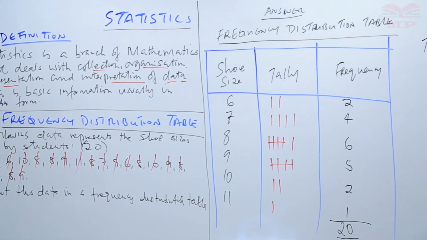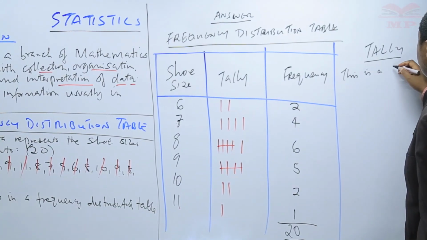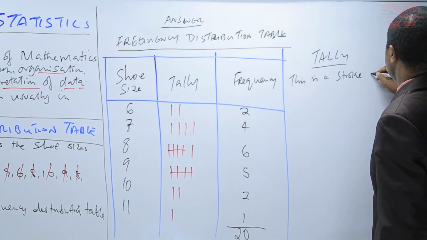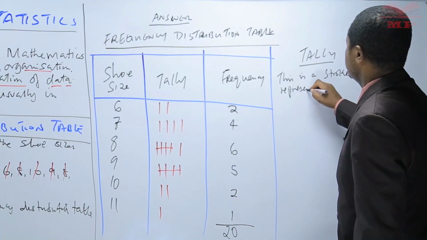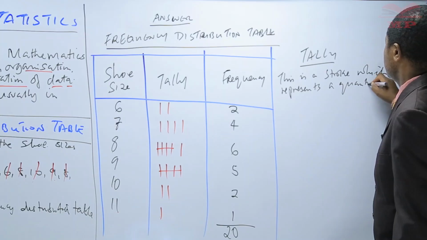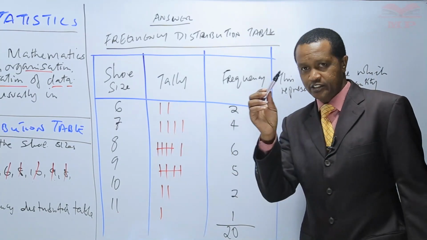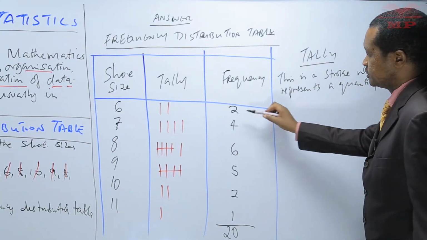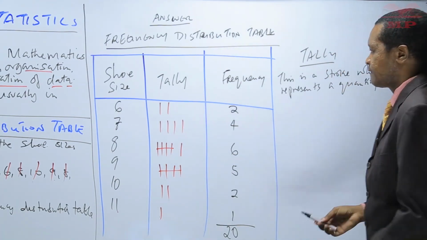A tally. This is a stroke which represents a quantity. A tally is a stroke, like this one here is a tally, is a stroke, and it represents one quantity. In this case, this one represents only 1 student. Then